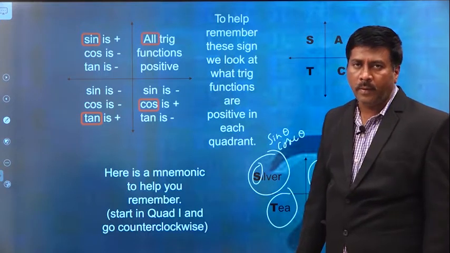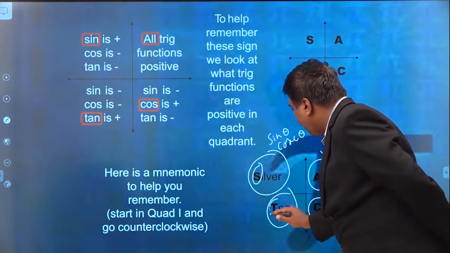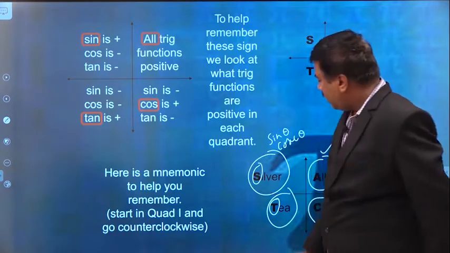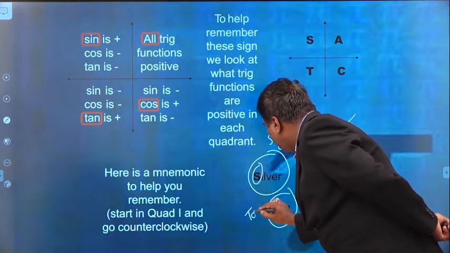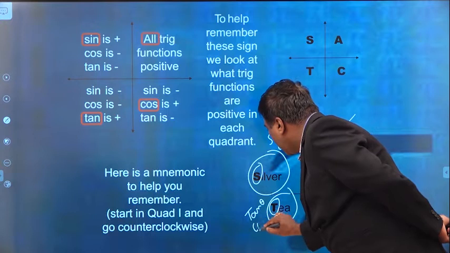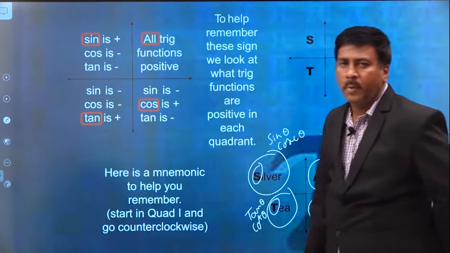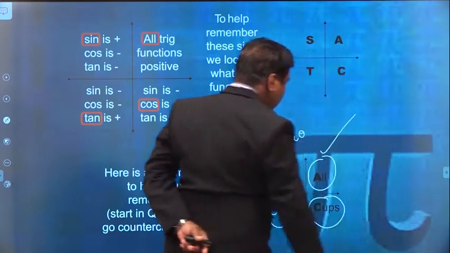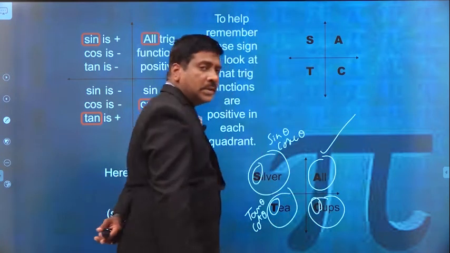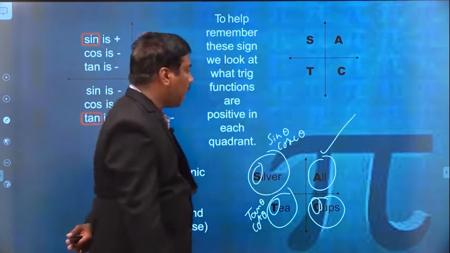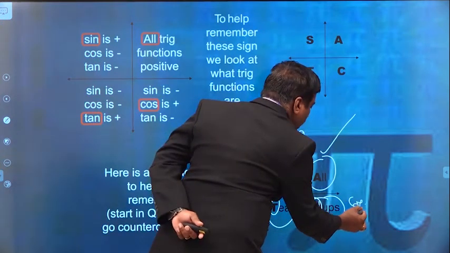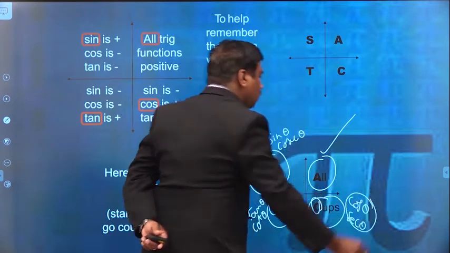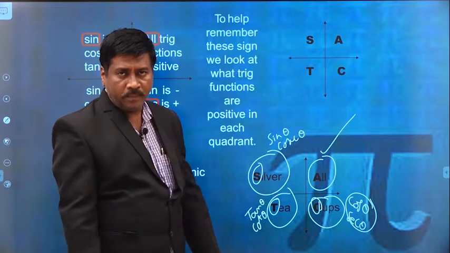Please all of you keep this in mind. And also T: that means the trigonometric ratio started with the letter tan. Therefore, tan theta and its reciprocal, cot theta, are the only two that are positive. The remaining trigonometric ratios are negative. In a similar way, C represents cups, that means the cosine of the angle. Therefore, cos theta and its reciprocal, secant theta, are the only ones positive. The remaining trigonometric ratios are negative.